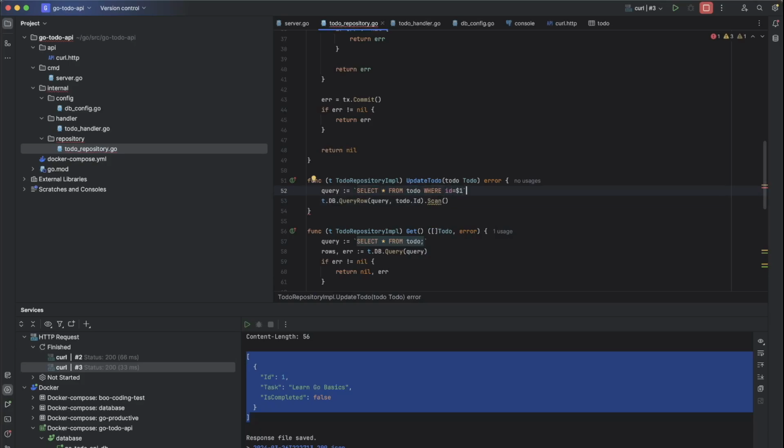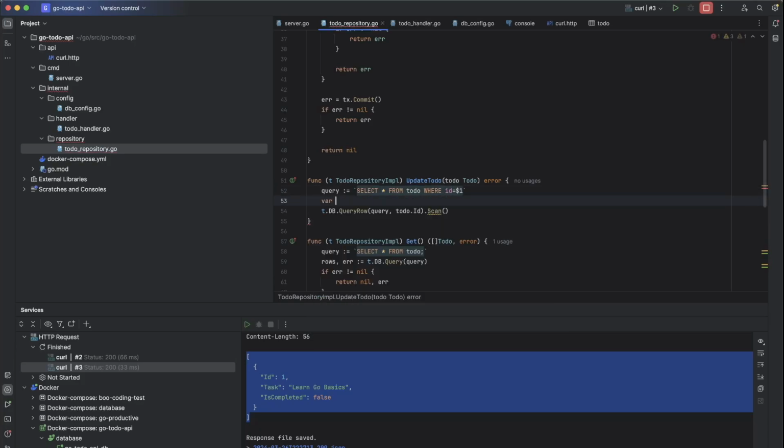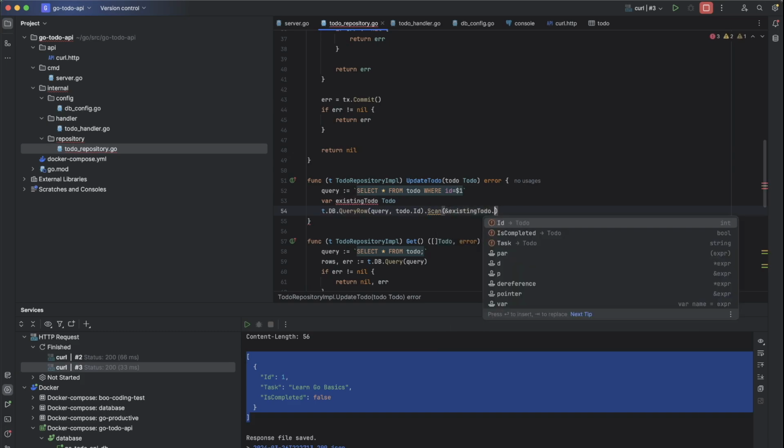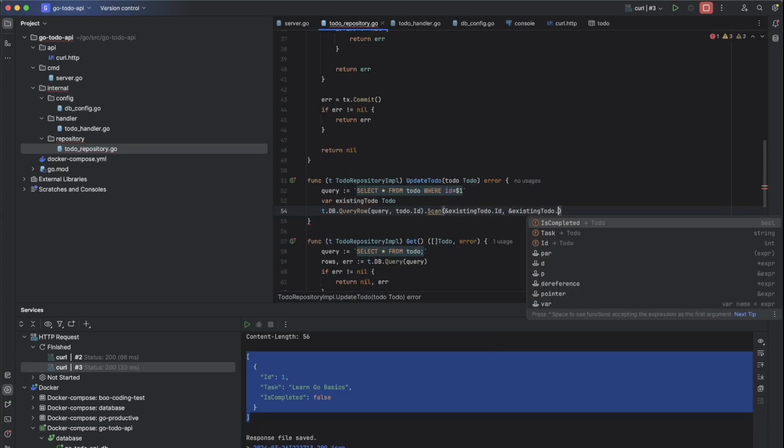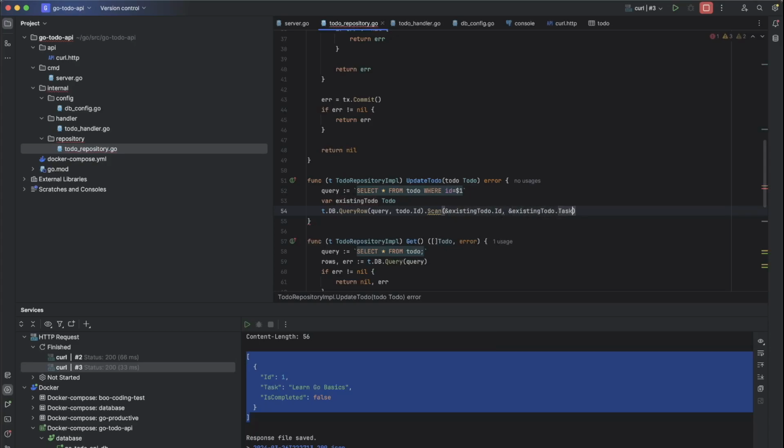In order to be able to scan, we will provide the temporary variable which is called existing todo. It's todo. Scanning from the existing todo dot id, existing todo dot task, existing todo dot is completed. Then handle the error.